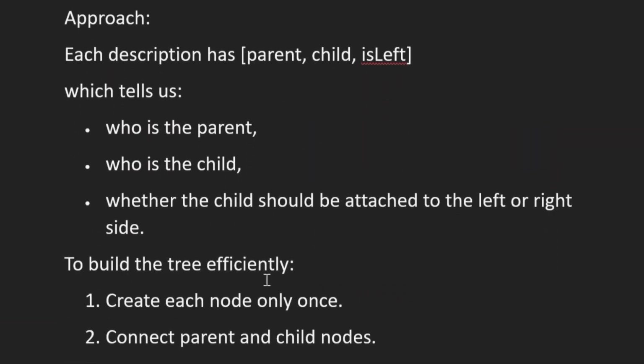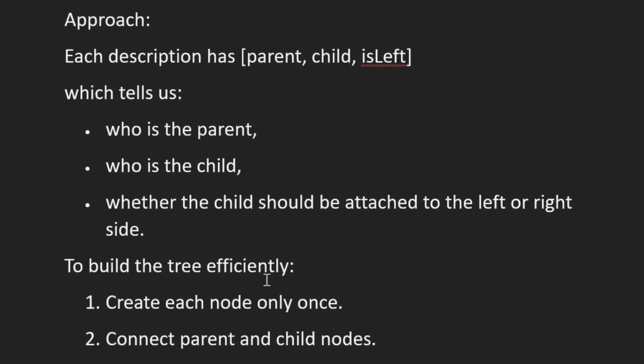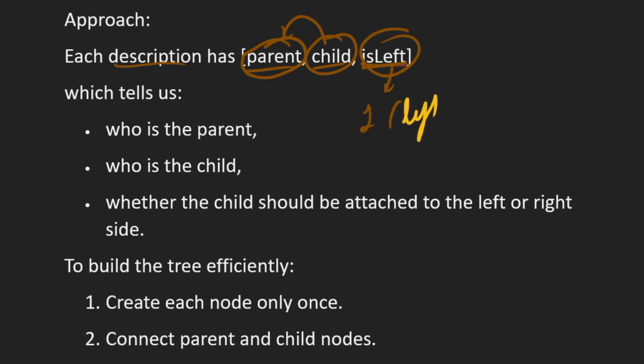So let's see the approach. As we know, each description has three things: parent, child, and isLeft, where parent tells who is the parent, child tells who is the child of the parent, and isLeft tells whether the child is on the left side or on the right side, right? So this is what we are given. And now